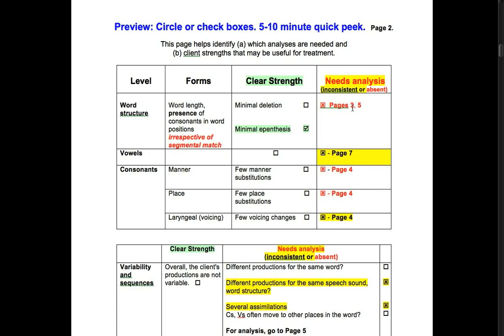Remember that color coding is suggested. However, feel free to add your own personal color coding or notations. Some people may like to keep a tally of the number of productions or errors in addition to the color coding. Next is the vowels section, where we are looking to see whether the client's vowels match those in the